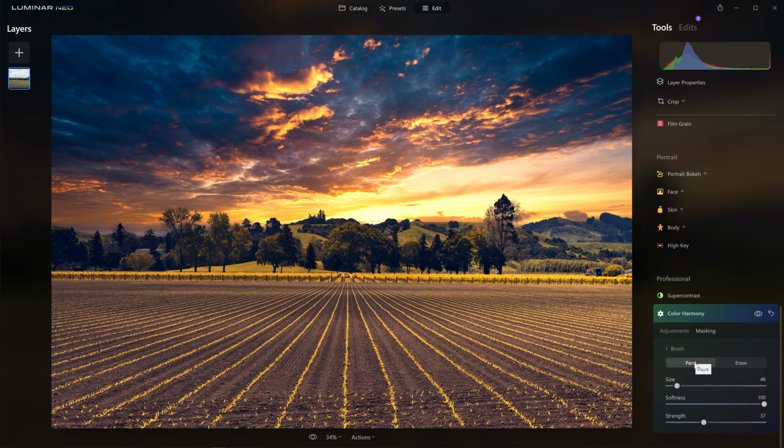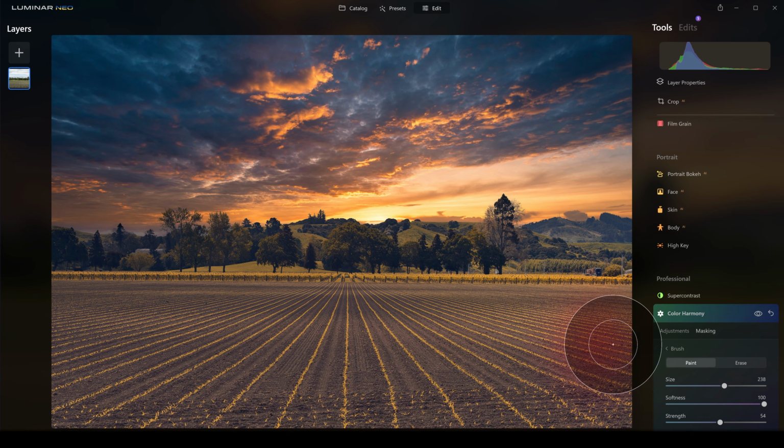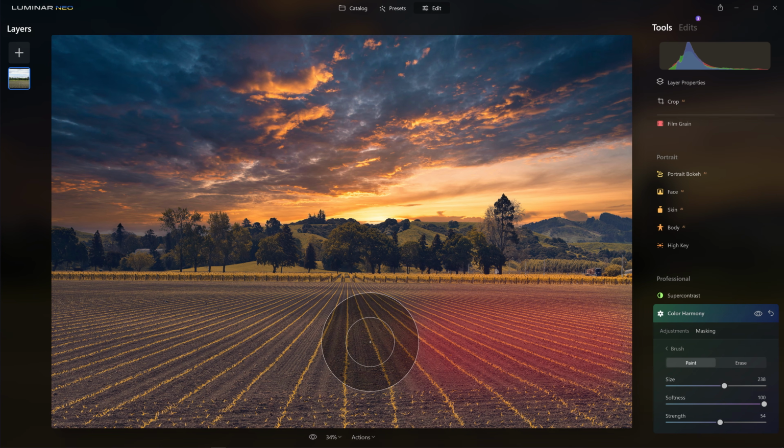So I'll make sure that paint is selected, and we can go with a strength of about 50%. Make the brush a little bigger. And now I'm just going to click and start painting. And obviously the red represents our mask. And when I release, there we go, we have that effect painted in, and that's painted in with 54% at the moment. And so I'm just going to do a subsequent pass and again, and just sort of build this